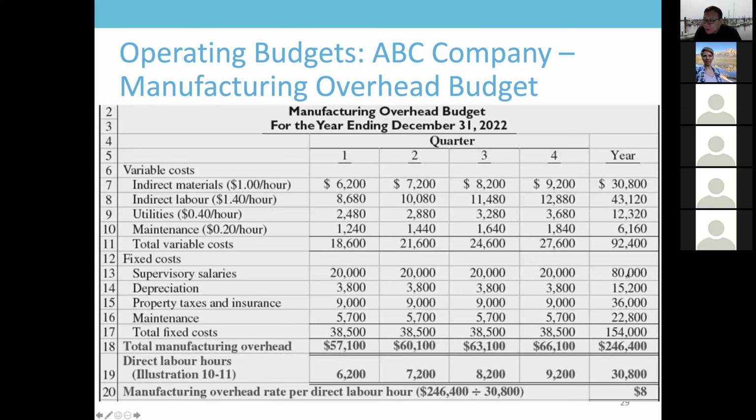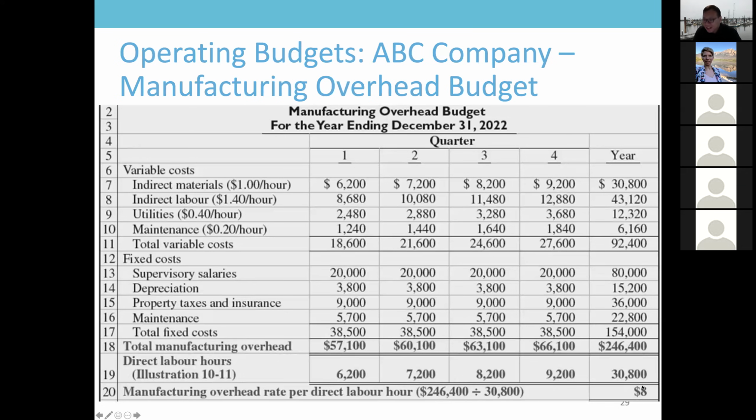You just need to assume what is the fixed amount of overhead for the year, and then you divide it by the quarter, divided by 4, okay? So you can figure out in total what is the total manufacturing overhead cost. That's the variable cost plus fixed cost together. That's the total manufacturing overhead cost. And divided by the total direct labor hours, you figured out the manufacturing overhead rate per direct labor hour is